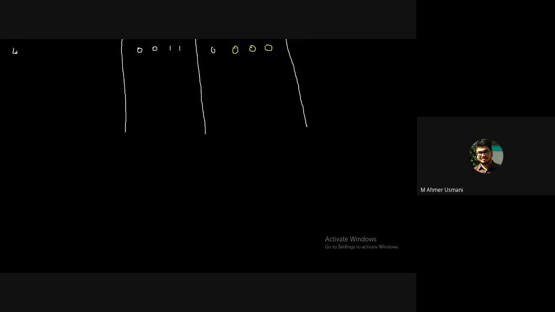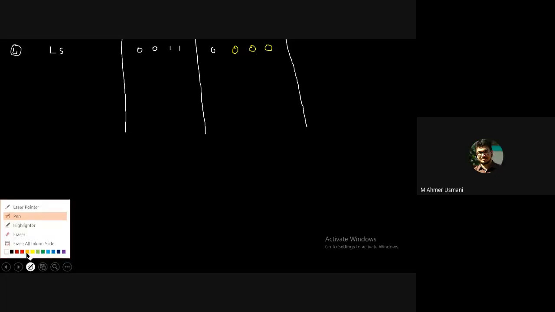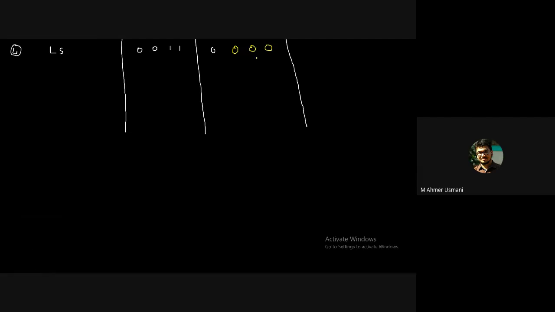Step number 4. What is the first thing that you need to do on step number 4? Perform the left shift and change the color. So this 0 will come over here, this 0 will come over here, and this 0 will come over here. There is a vacant place that is remaining. This white 0 will come over here. Then we have 1, 1, 0 left after performing the left shift. Is this clear?